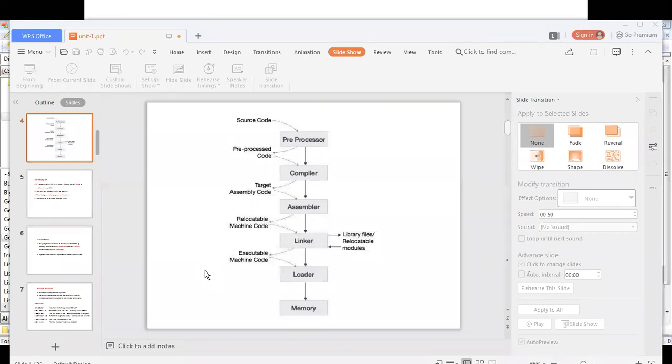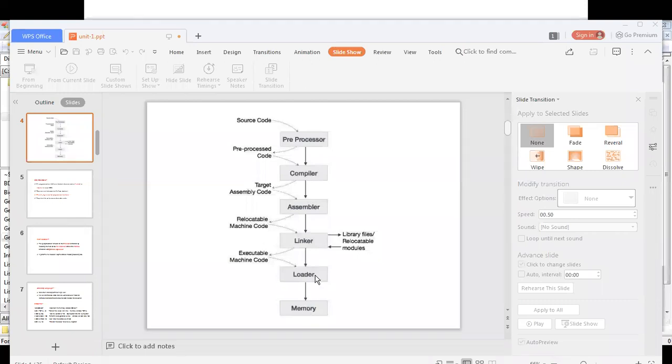We know very well any task we want to do on the computer, whether it is playing a sound, playing a movie, running a program, everything must be loaded to main memory. If the program is loaded to main memory, then only the program will get executed by the CPU. The duty of the loader is to load that executable machine code file into the main memory. It will first identify whether suitable space is available for that program or not. Basing on the space available, it will load that file into the main memory.